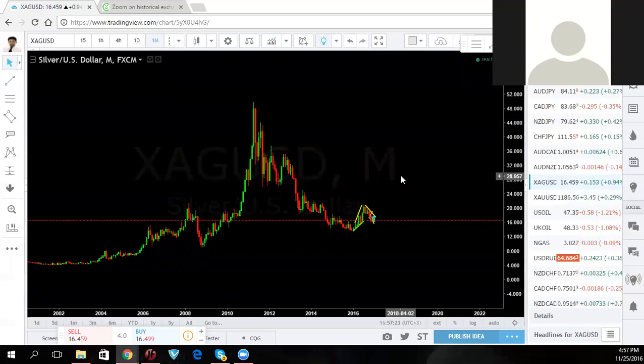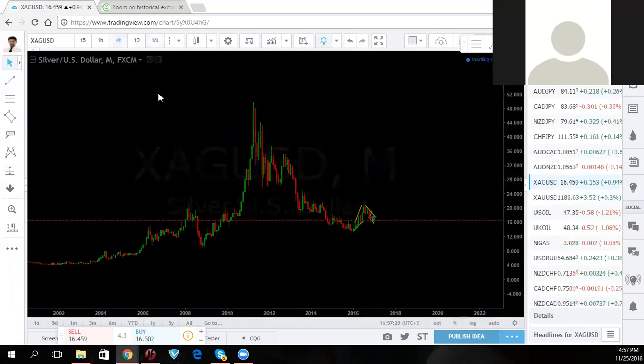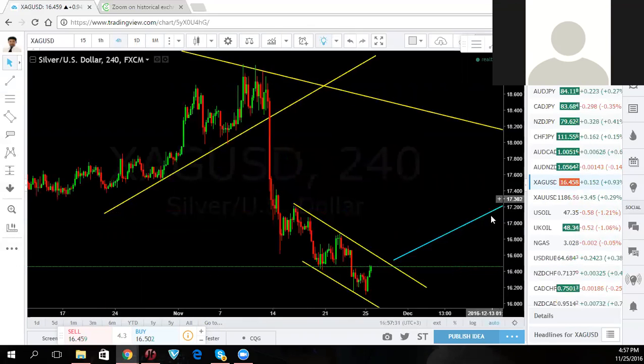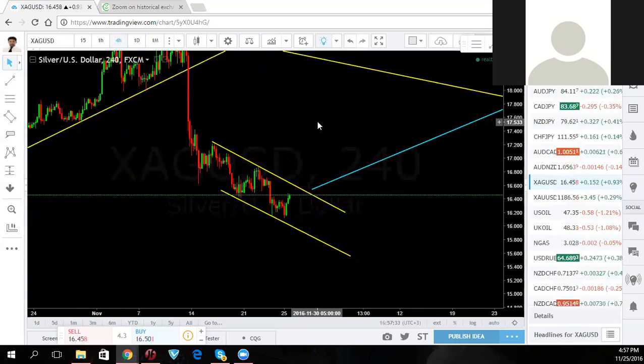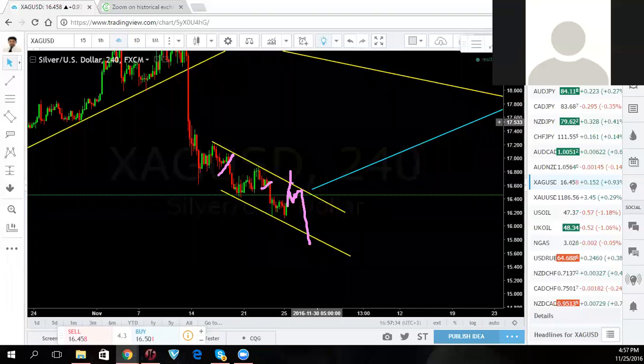Now, will it do that? Remember what's the whole concept of wave theory? You take one piece at a time as it's developing. You go with it one piece at a time, and you can see that the one piece at a time was your sell there, your sell here, and you probably get a sell here. What if it breaks out? Look for a small correction and buy that, because this is your trade.